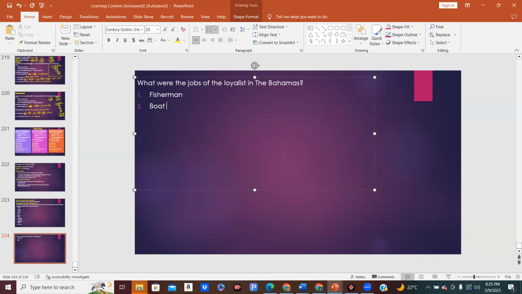Boat building, boat builders, carpenters, plantation owners, farmers, and merchants. So these are very definitely more primitive jobs, jobs that depended on the natural resources of the land,